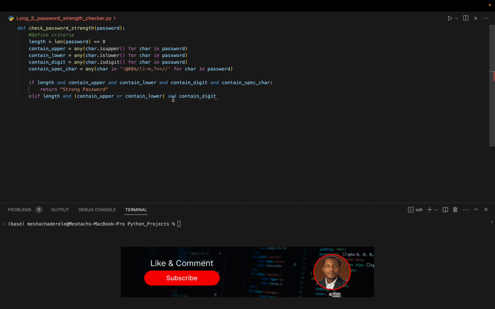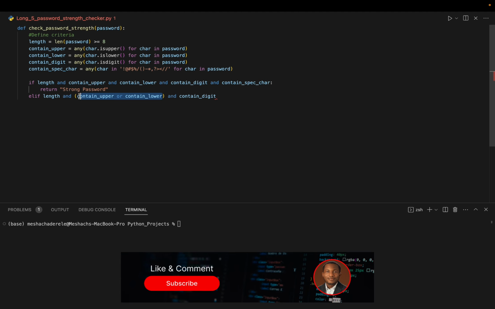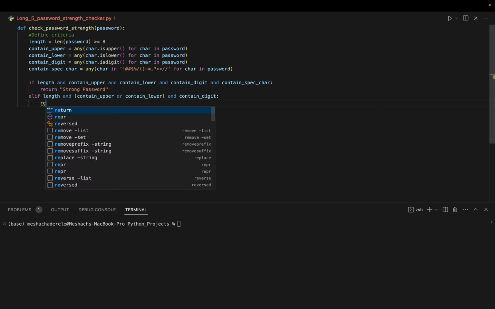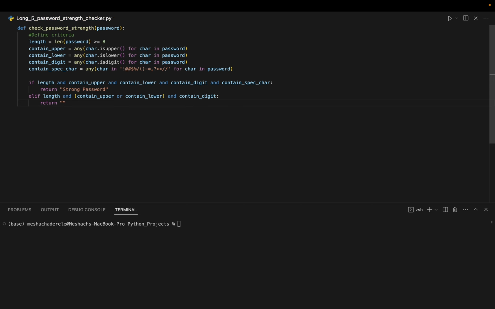So what we are saying here is if the length criteria is true, that is, the length needs to be greater than 8, and of course it should contain either upper letter or lower letter, then it should contain digits. So this must be fulfilled. It must fulfill this, it must fulfill this, but for the or, contain upper or contain lower, either of them just needs to be true for us to be able to say it is a moderate password. So we're not adding that it should contain a special character. Okay, so here we're going to return moderate password,